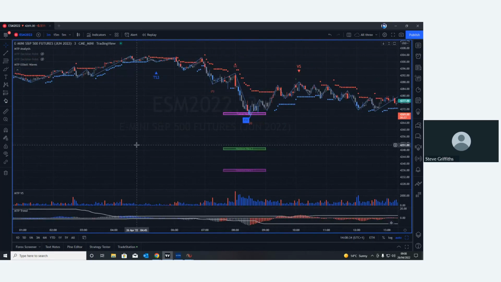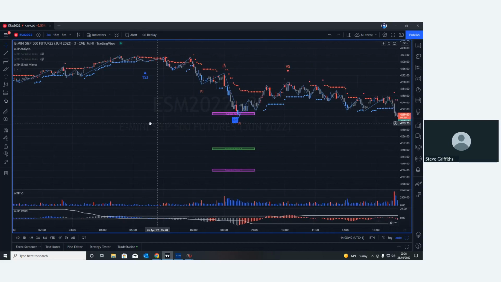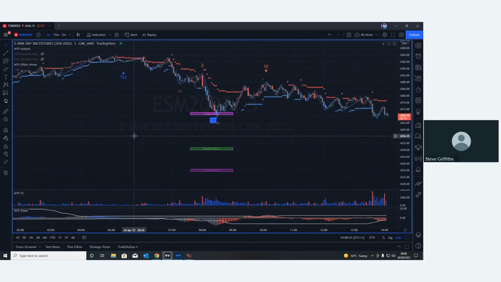Now, I did this deliberately because what I wanted to show here is what happens with our Elliott wave counts: we basically work in isolation. So we work off the pivot we've taken the selection from. So what that means is when you're doing an Elliott wave count, and this is a question from